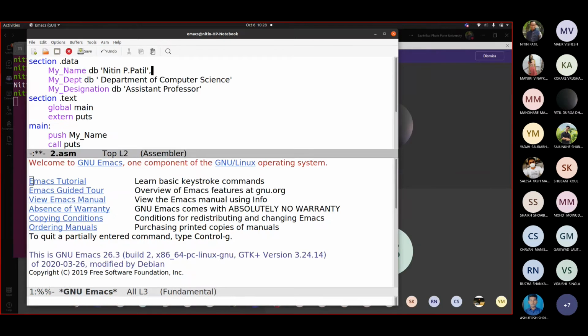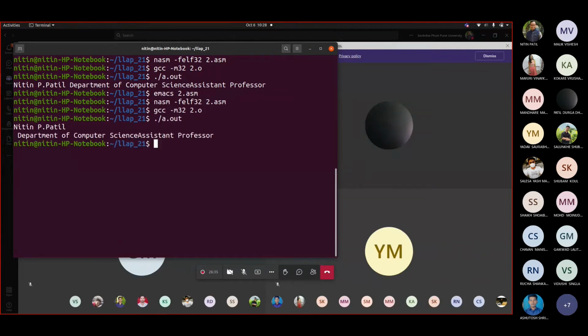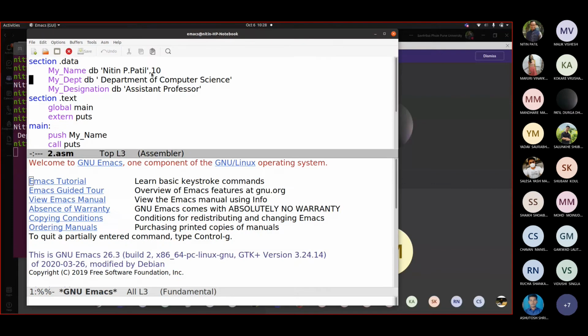So if I add 10 here, let us see what this 10 results to. Let me again do this, gcc, and execute. Now what happened? This 10 resulted in \n, but still it took the same thing. Let me go back and write 0 here.